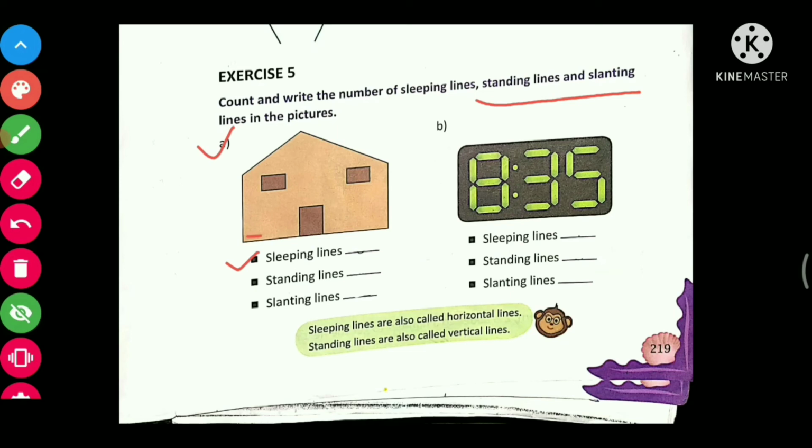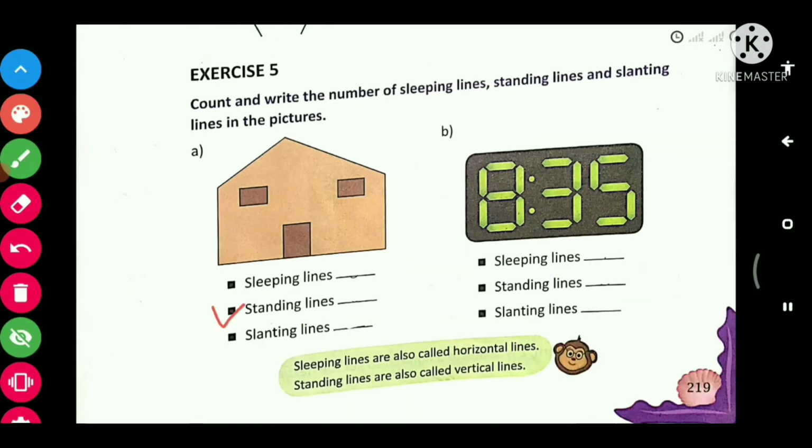We know that sleeping lines look like this, like someone is sleeping, right? So this one is one sleeping line, this one is number 2 sleeping line, 3, 4, 5, 6, right? So in total how many sleeping lines are there? 6. Now we'll see standing lines.